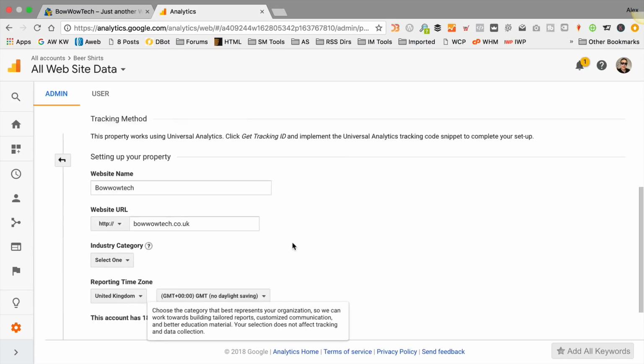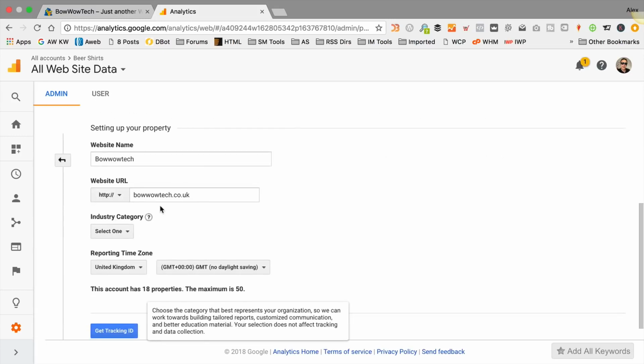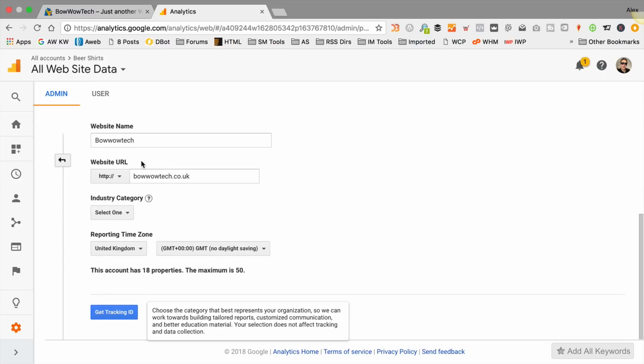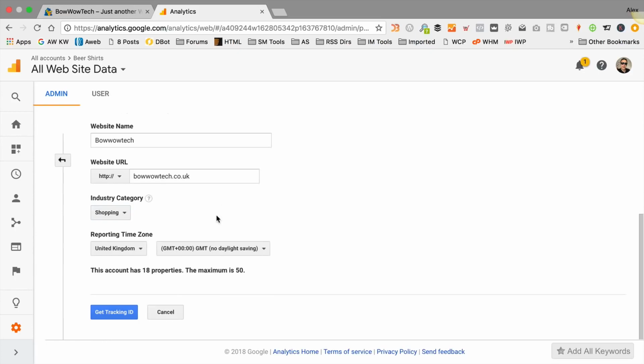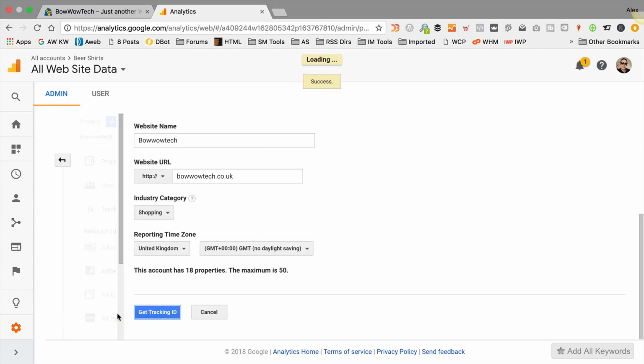Like that. It's on HTTP at the moment. I've got a video on the channel around setting up a HTTPS site, so do check that out if you do want to be all secure, which could benefit your SEO rankings. But for now, we'll just stick with HTTP. Select an industry category, which I guess would be like shopping or something. Doesn't really matter. And then set your time zone. If we click Get Tracking ID,